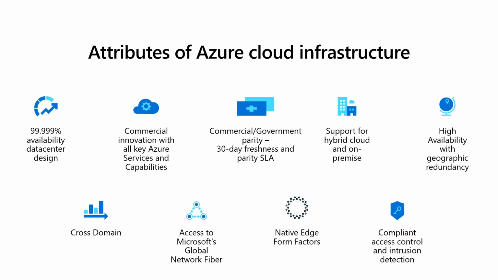The last one that I have here is the attributes of what your cloud infrastructure needs. We want to have data center availability and high availability with the design, but we also want to have commercially available systems as well as government available systems. In other words, it's not the same thing to run a commercial system as it is a government system. There are different rules that we have to play by. So we do have unique government opportunities.